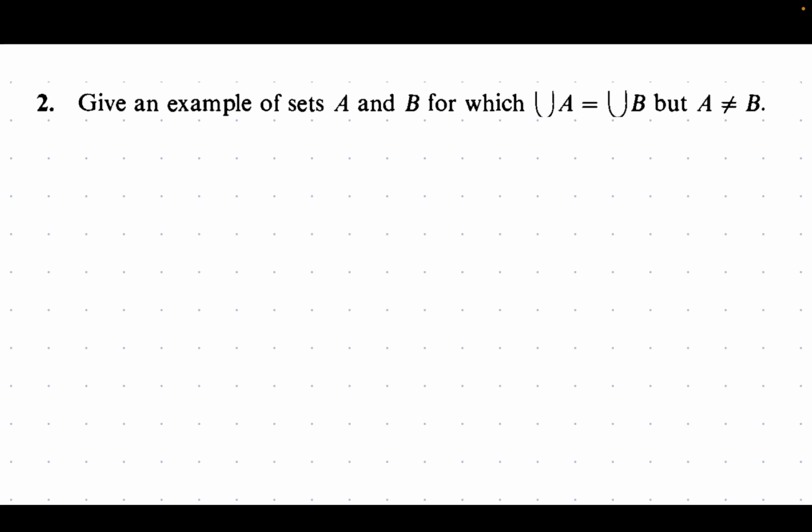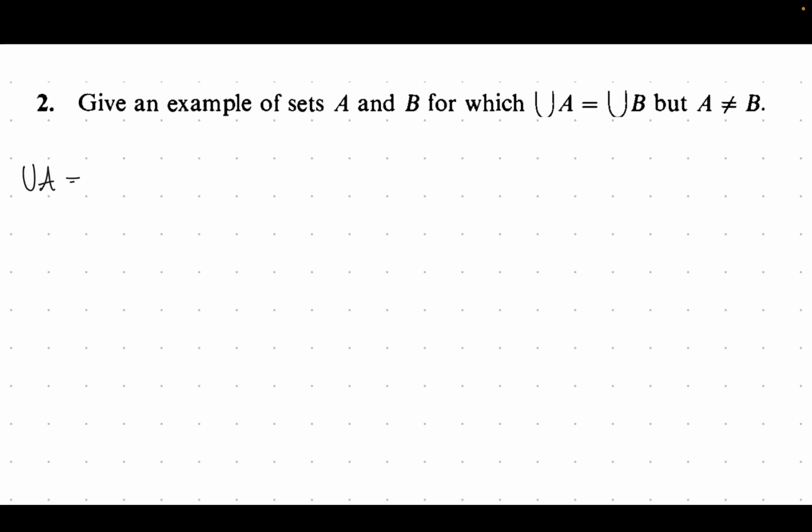Give an example of sets A and B for which the union of A is equal to the union of B, but A is not equal to B. There's another pretty straightforward question, just trying to test your understanding of what the unions of sets are. So let's get through it. Specifically, we want to know how this big U operator